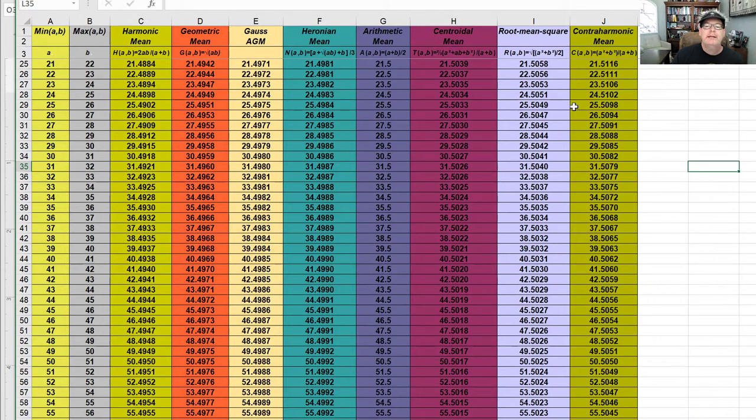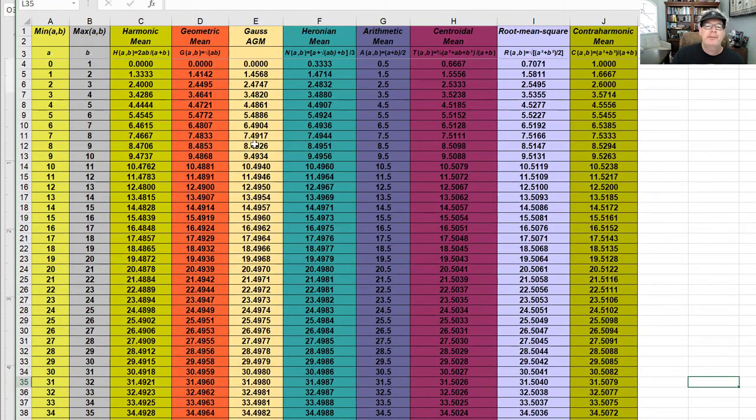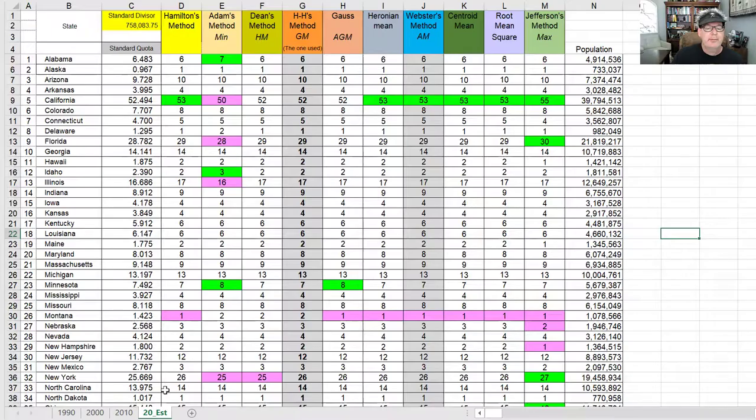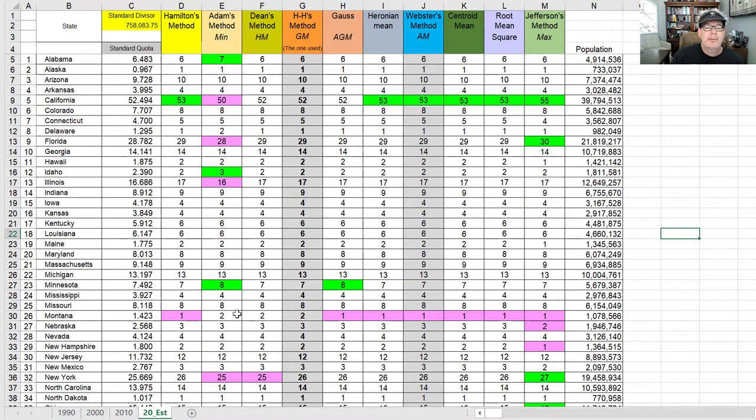If we look at these means, Gauss has to be in between the geometric and arithmetic mean. And so it's often the same. It's actually a little closer to the geometric. It's often the same as Huntington Hill, but it came up different in my experiment. So in my 2020 estimate population, and also something interesting happened where Minnesota,